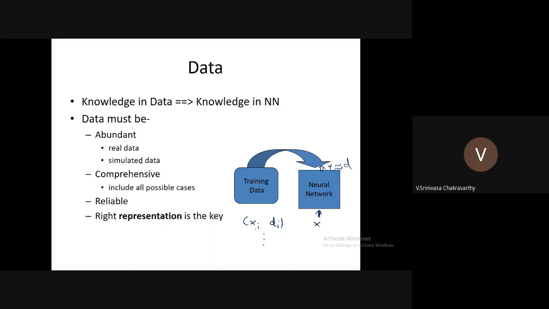And so use simulated data and augment the real data with simulated data, right? And then use that as a data set. And then it must be comprehensive. It must include all possible cases. So, for example,